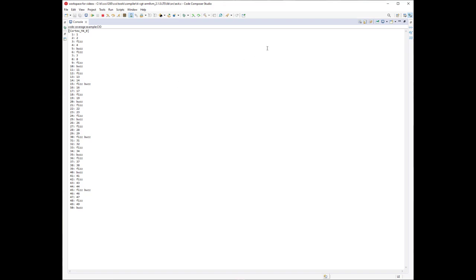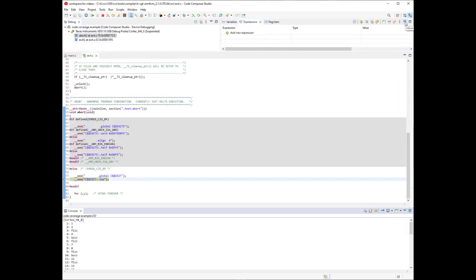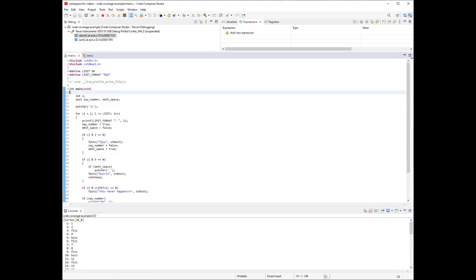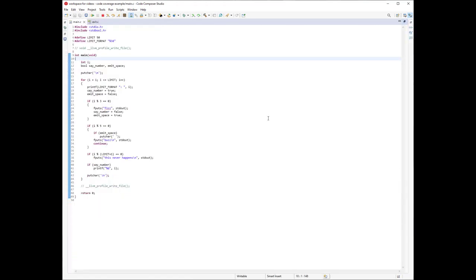Now let's start to take a bit of a look at the source code itself. Let me make that a bit larger. I don't want to explain this in a lot of detail. I don't think that makes a lot of sense. There are just countless ways to implement this little program. It's going from 1 to limit, where limit is 50. So we're playing this game for that range of numbers.